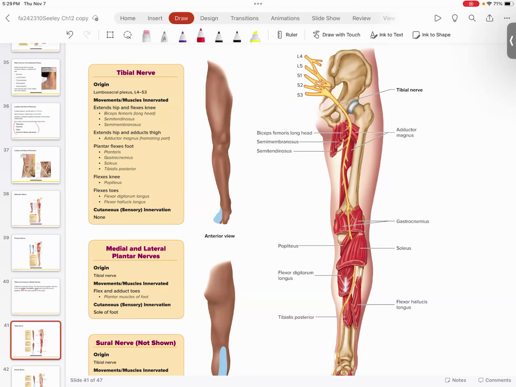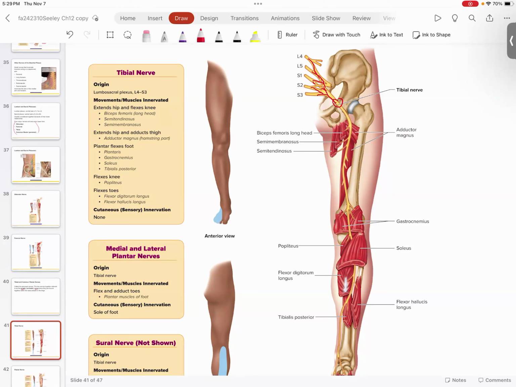So it's going to be L4, L5, S1. You can see L4 comes in, and then L5 adds its piece, and then S1, and then S2 adds its piece, and then S3 adds its piece, and then you start to get this big conglomeration that comes out as the tibial nerve. This is pretty typical nerve structure. So this is then going to be coming out, and it's going to be